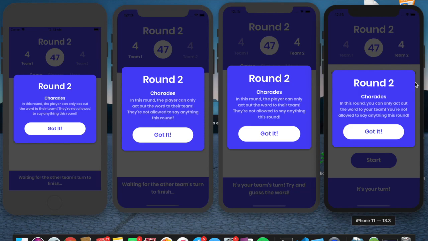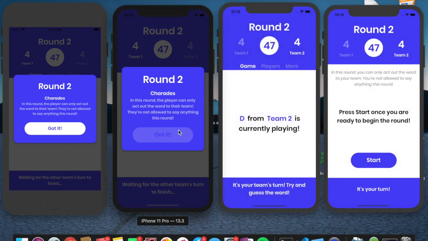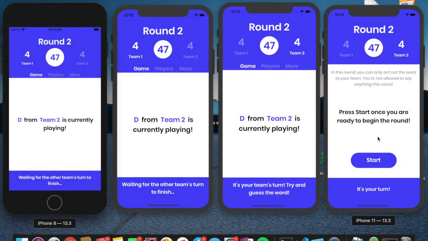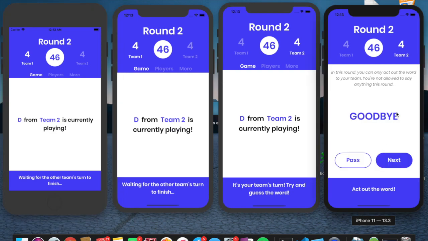So round 2 is basically charades or acting. So we'll click got it for all of these devices. And now you see how the time basically pauses once that round ends, and it continues off for the next round. So we can go ahead and click start, and now you see how this word has already been repeated, but that's what makes the game go a little bit faster for round 2, except that now you're just going to be acting out those words. So now we can just go ahead and click next, next, next, pass,